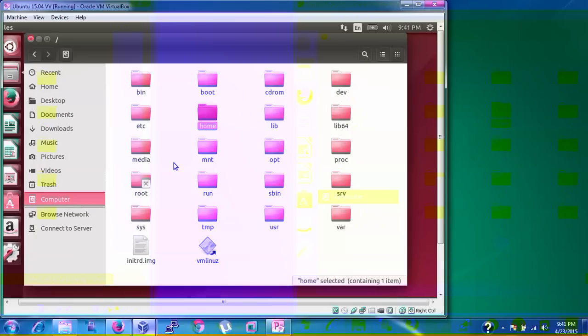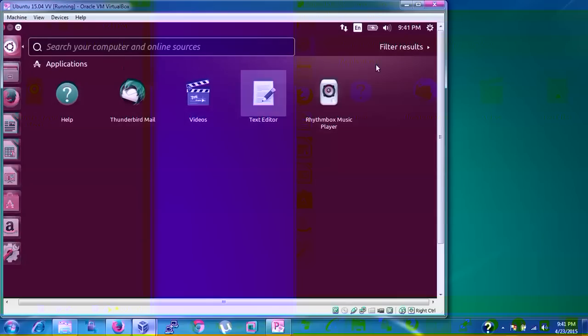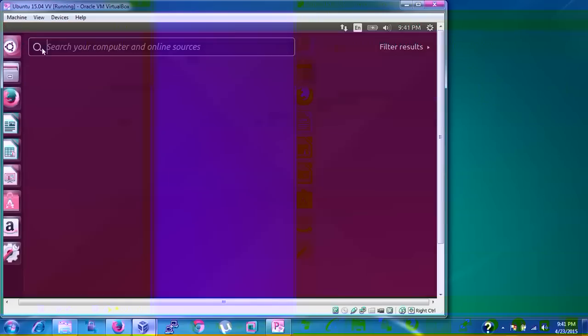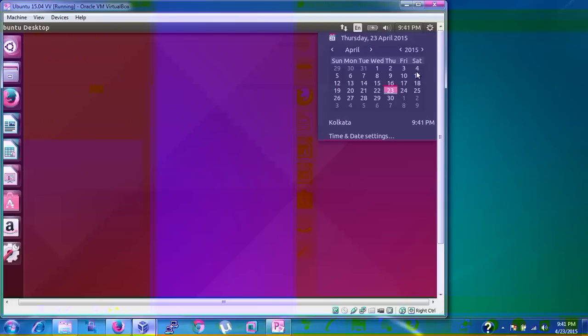Here you can see your home, files, desktop, everything. This is your dashboard, which shows everything by default. This is your internet settings, this is your battery, this is your sound, and this one is the time, which you can set according to your conditions.